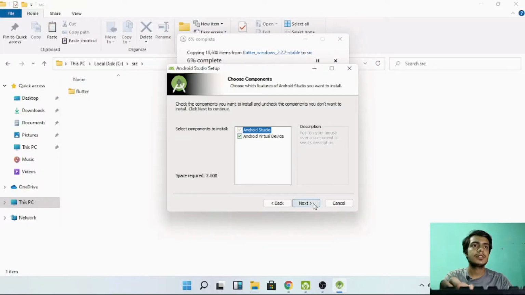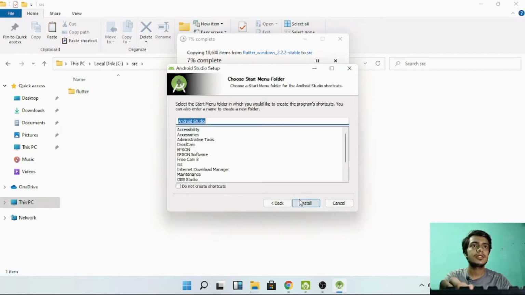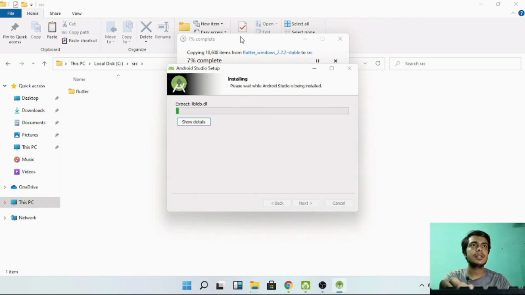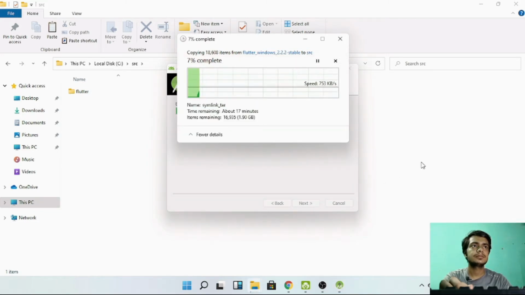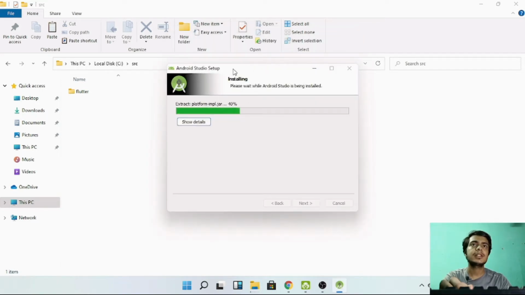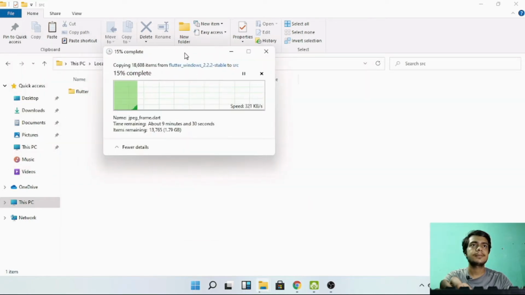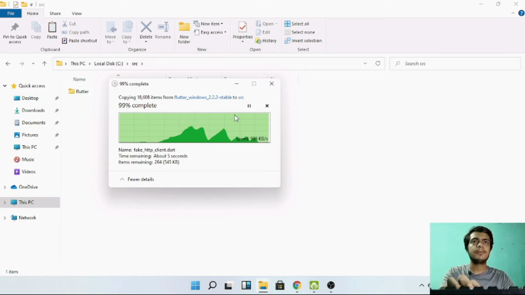And till then let us see Android Studio. Make sure Android virtual device is ticked. So okay, and here we will install Android Studio. We'll wait for it. We'll start Android Studio later. We'll finish this up. This is about to finish,